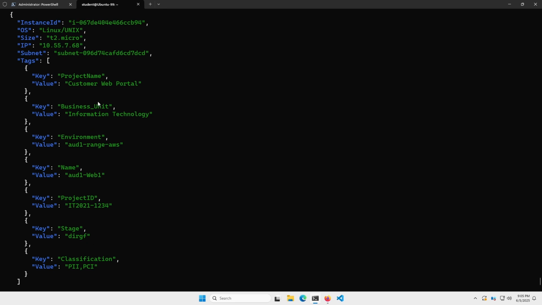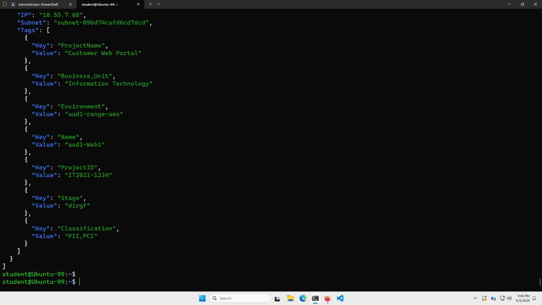that are associated. This organization seems to be using a project name and a business unit and a project ID and even classification about things like, well, do we have any protected information in there? So if I were doing an audit, I might consider those tags as well to make sure that they're configured appropriately. But for the purposes of gathering an inventory, okay, that's pretty good information about my virtual machines or instances,